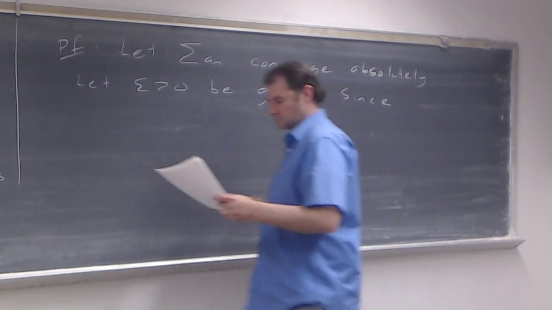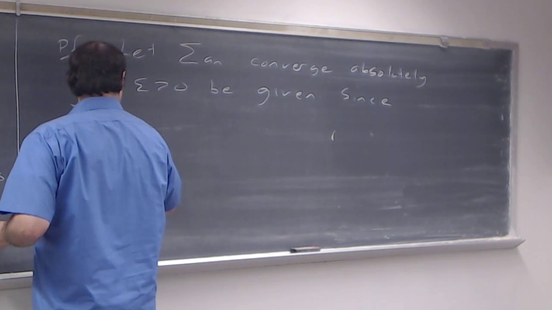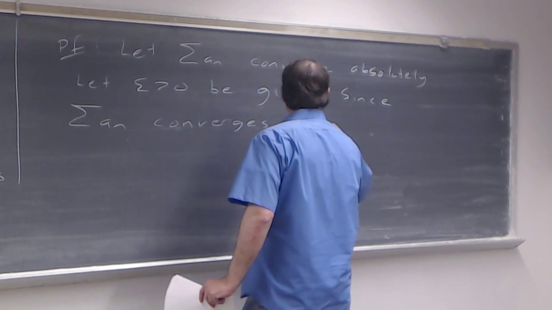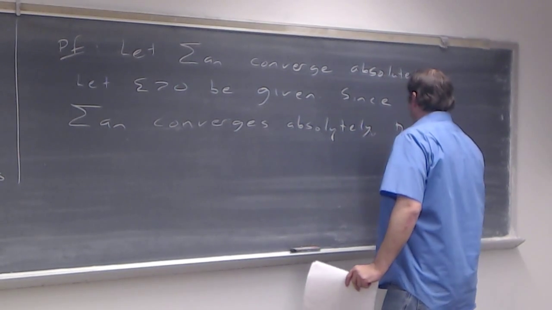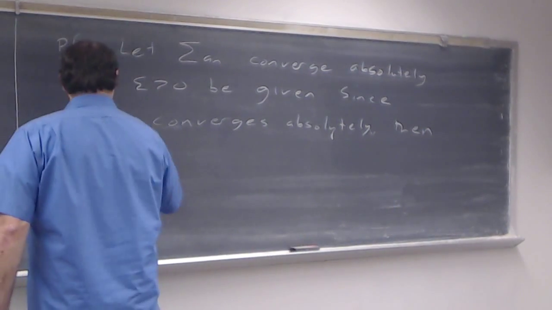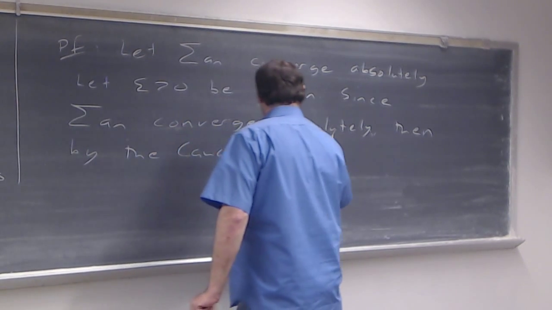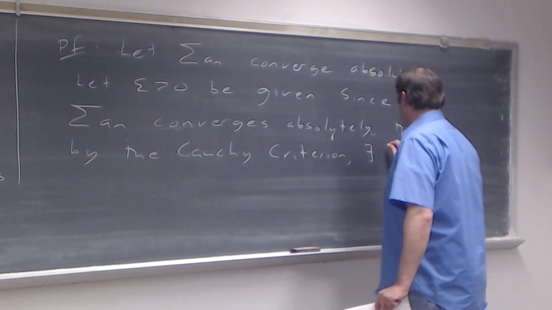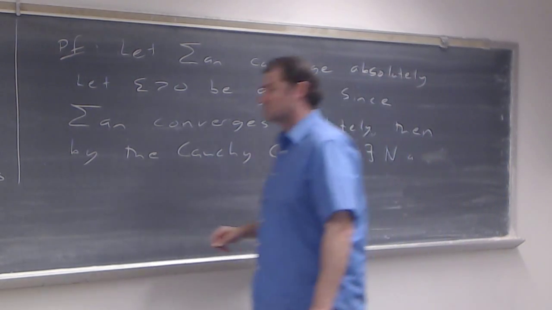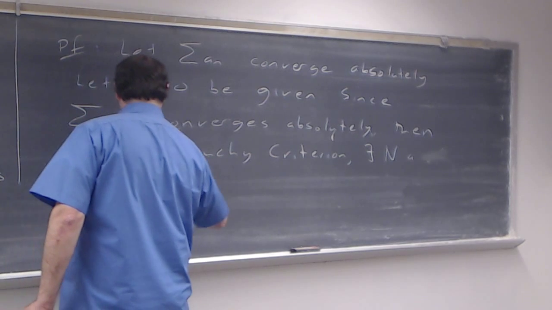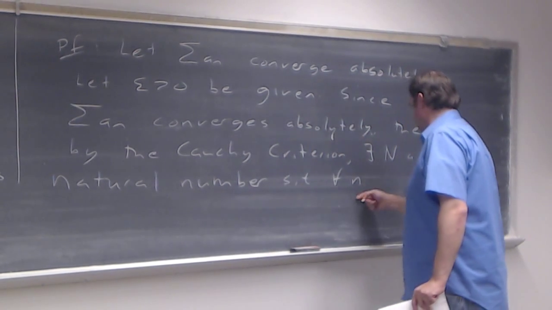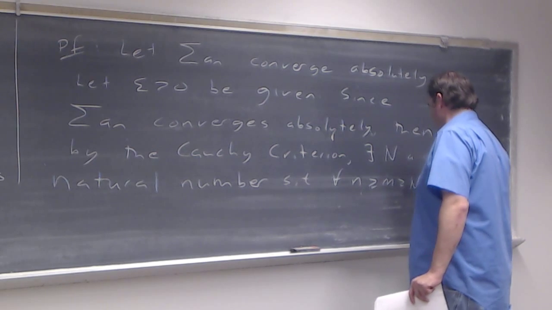Since the series of a sub n converges absolutely, then by the Cauchy criterion, there exists a natural number big N such that for all n, m bigger than or equal to this big N,